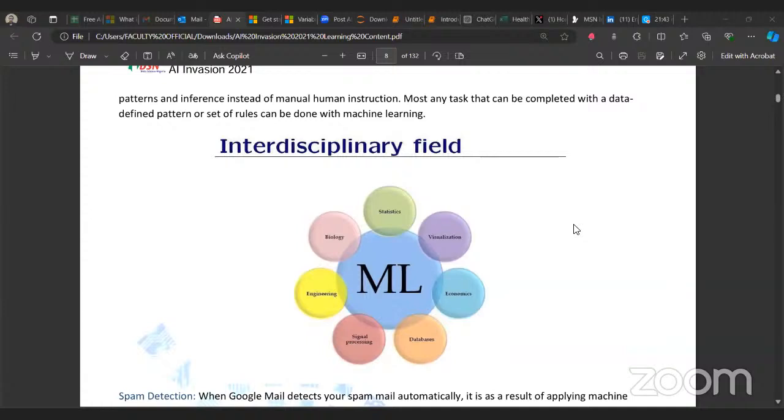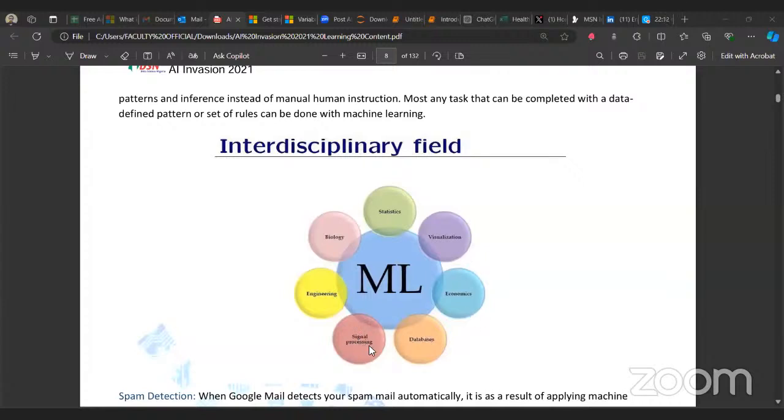It encompasses several things. So it encompasses engineering, biology. Biology is a bit natural because AI is a field that is being built with the idea of trying to get machines to be like human beings. So biology has actually been one of those fields that it borrows from to form its own body of knowledge. So there's statistics, visualization, economics, database, signal processing.